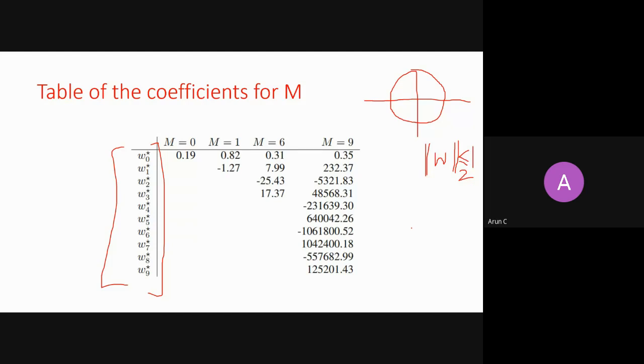I hope this is not getting clipped, which I'm showing you right now. Yes, sir, visible. Can you see this less than 1? Yes, sir. Okay, fine. So it means the norm of w should be less than or equal to 1.